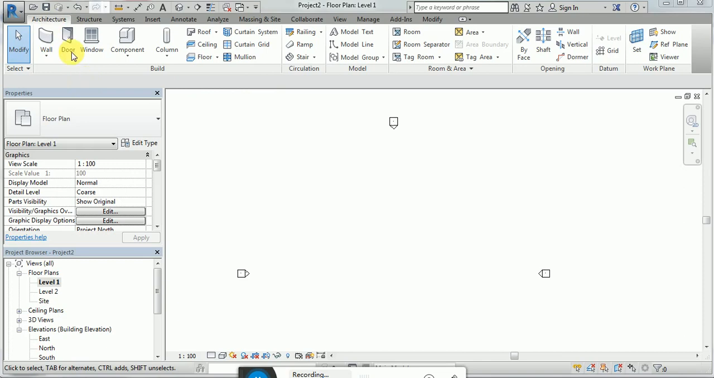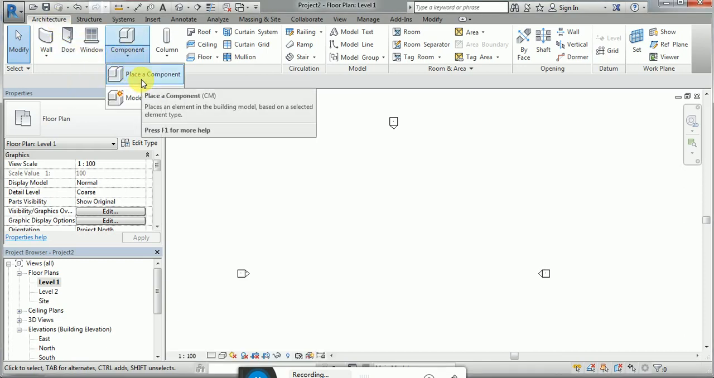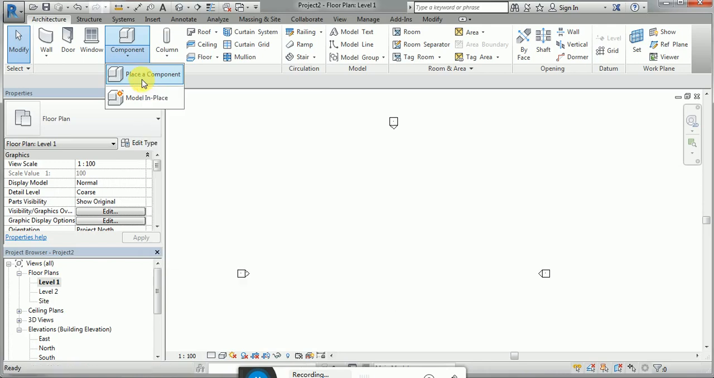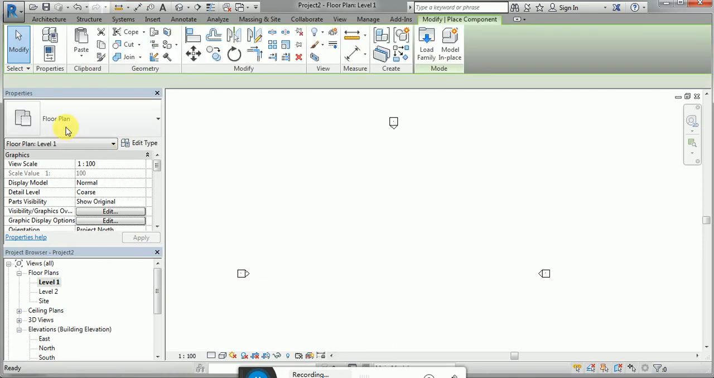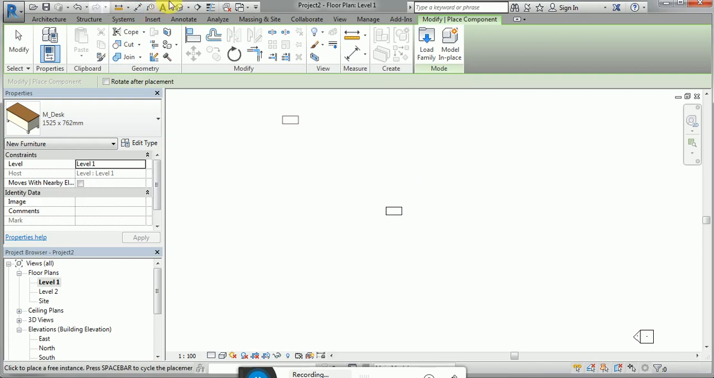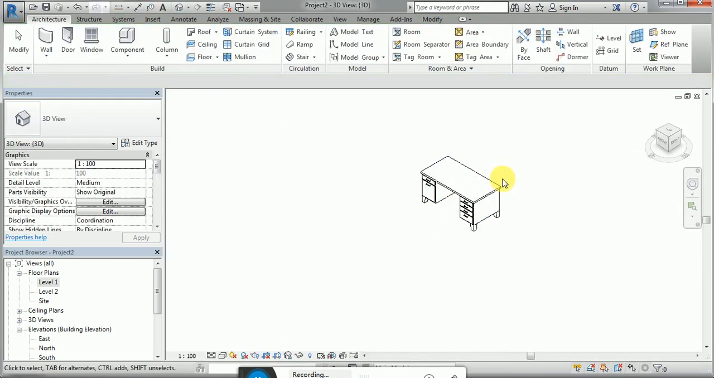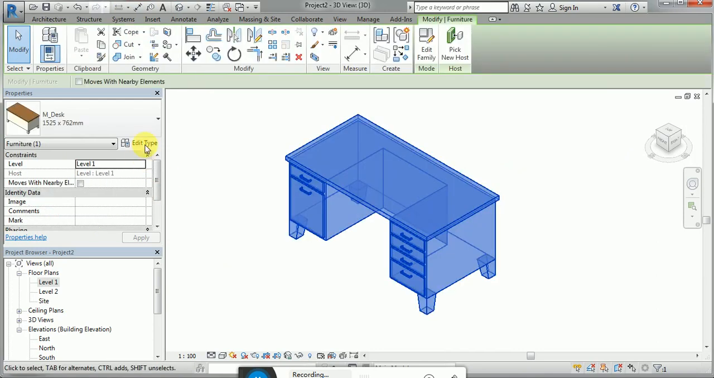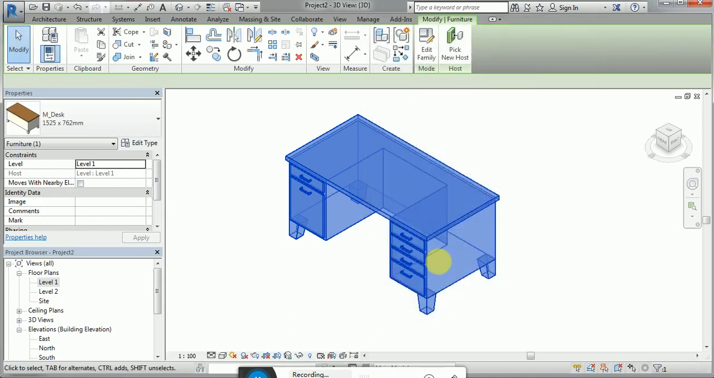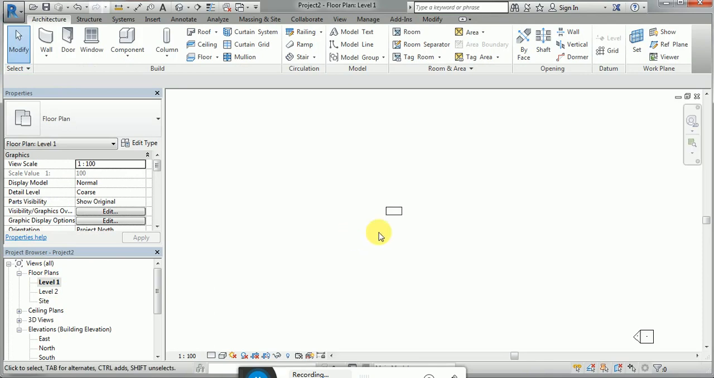Actually, in architecture there is a component command in which some components are created by default, which can be inserted here using the place command, like this table or desk. That is basically created on a family platform, and it has some parameters which you can change here also, with some materials. So if you want to create your own here, you can go to level 1 and